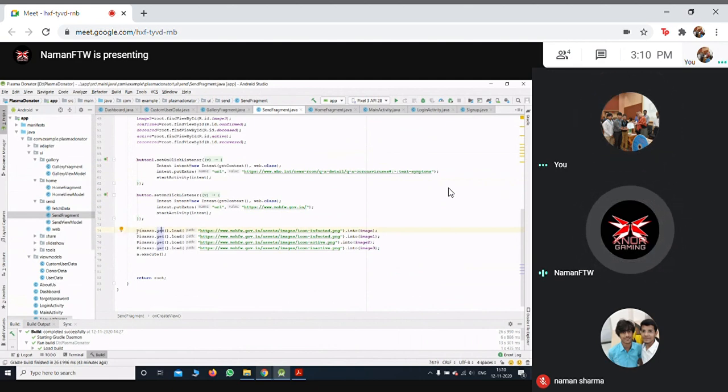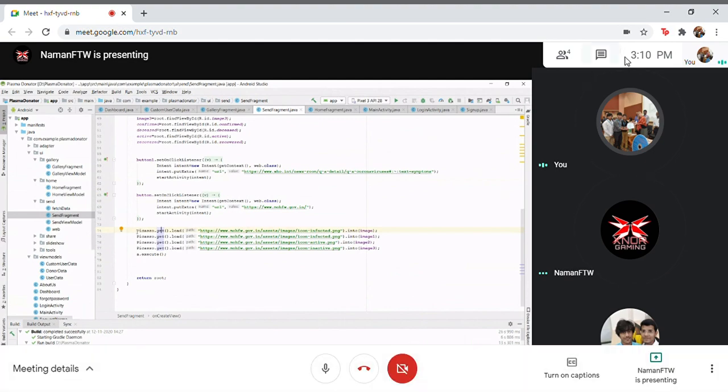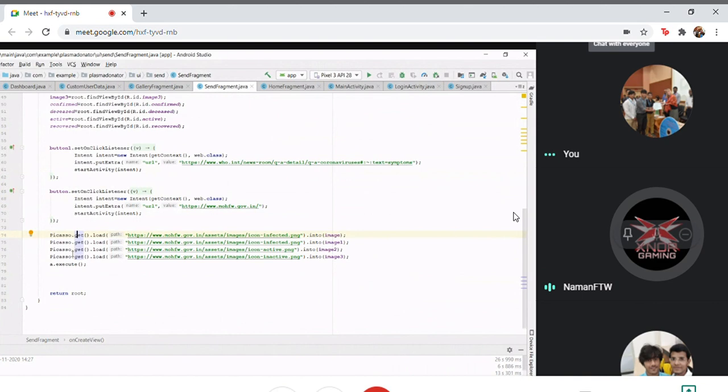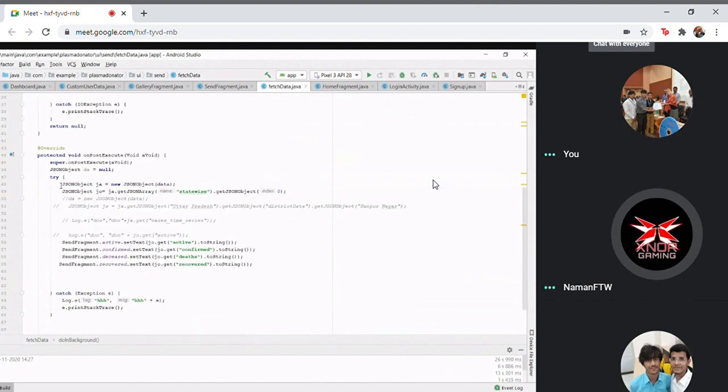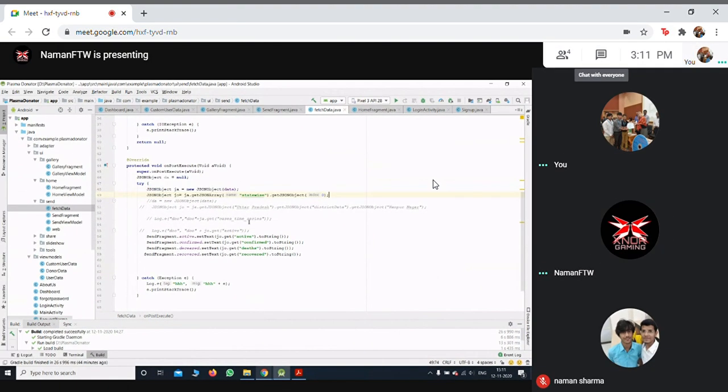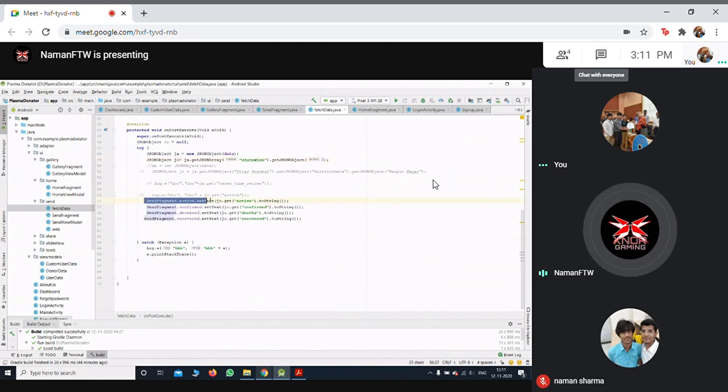It is used to show the image. And this is the fetch data activity. In this, we are getting data in the form of JSON from this URL. So we are adding all the data which we are getting, and now we are converting it into a JSON object, and then we are setting the data accordingly which we get.